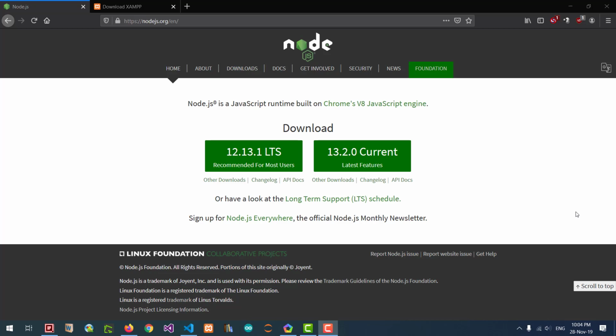Hello everyone, today we are going to talk about how to develop a mobile app based on React Native to connect to the server. And to do so, we need some additional software. The first one that we need is Node.js, which is the software that we use in order to